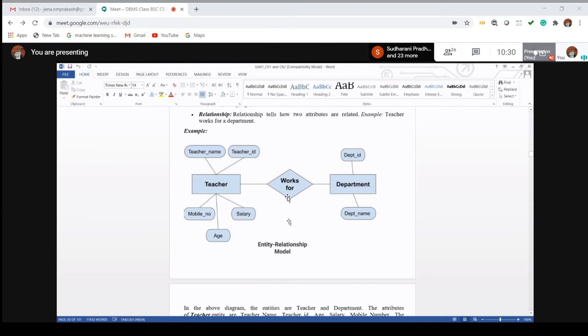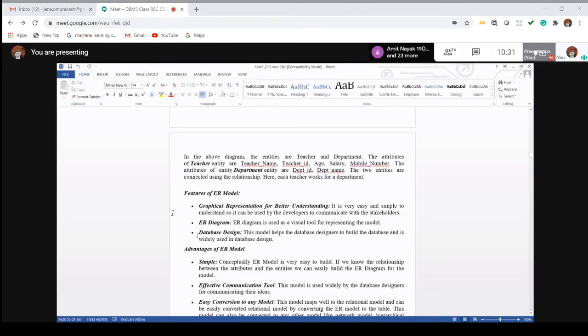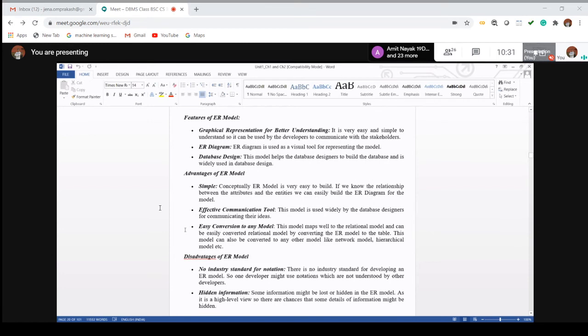Suppose a database consists of several components: teacher, department, student, course, library, admissions. All of these can be represented in the form of ER diagrams. You can collect and merge all those ER diagrams to form a database. Let the database be a university database system. Those are the components, and how one component is associated with the others, you can graphically make a skeleton, the overall structure of the database. That is called database design. Okay, so the feature is completed.